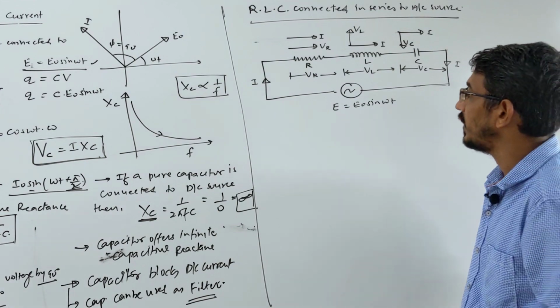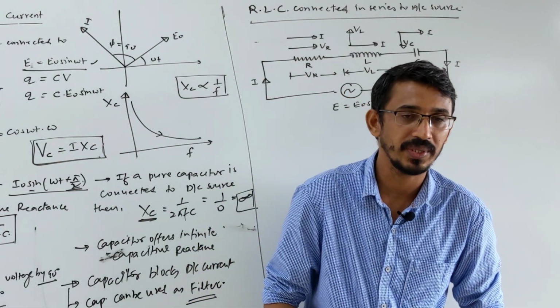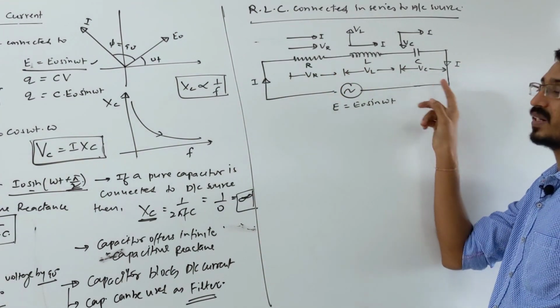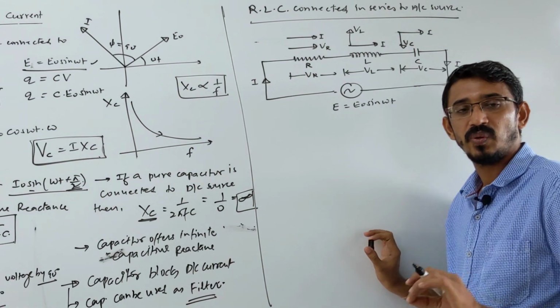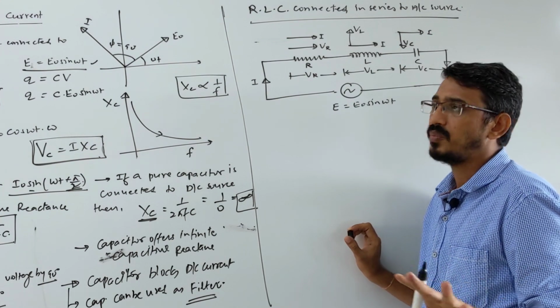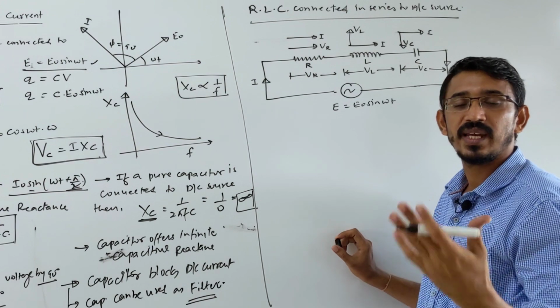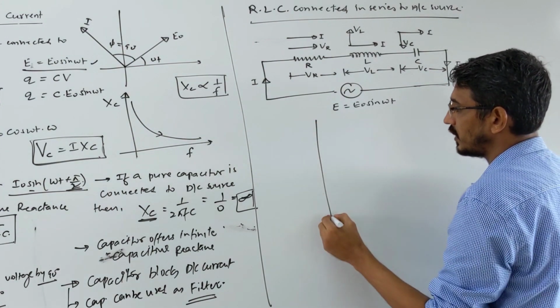Because they are in different directions, we have to add them by vector rules. So we want to add these three potentials by vector rules, the normal formula like root of a square plus b square plus 2ab cos theta, that formula we want to use, but we have three quantities. So I first draw a phasor diagram, and from the phasor diagram we will add them. So look here, I am drawing a phasor diagram here, this is your phasor diagram.